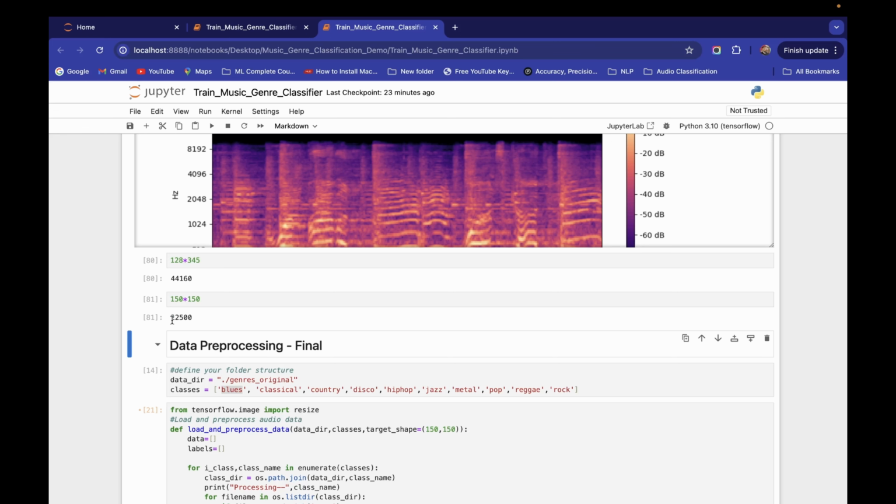So we are feeding to our neural network only this much of elements, which is less. It means that much information is lost, or our neural network will not be able to take all the relevant features.